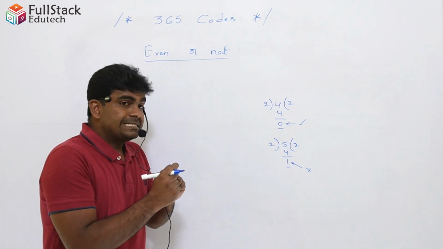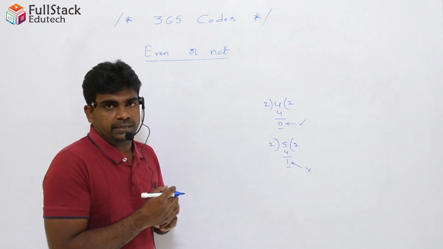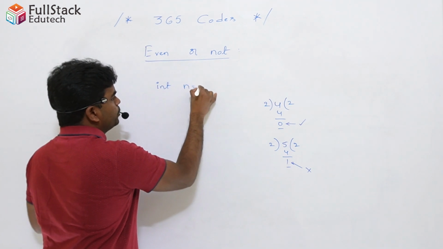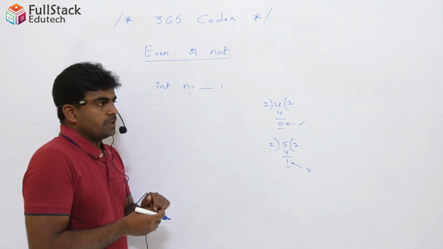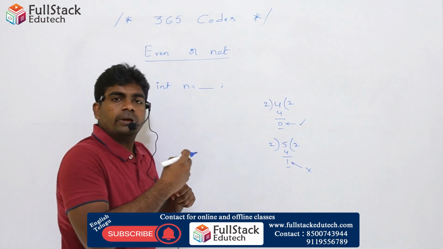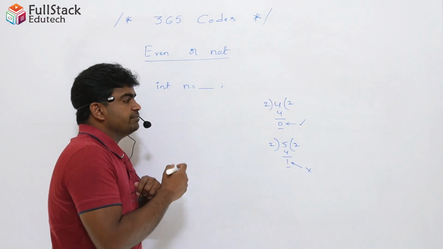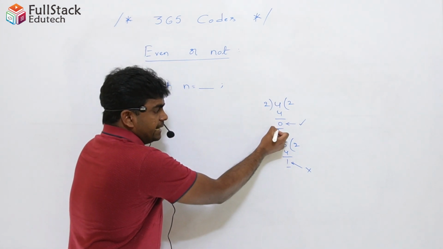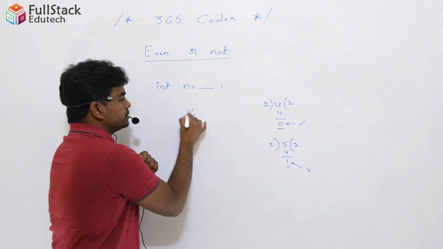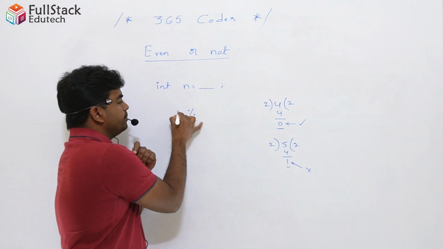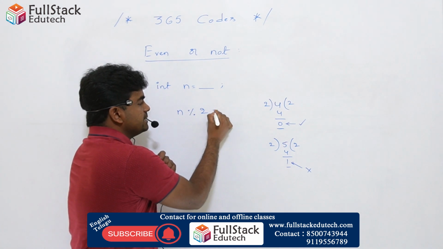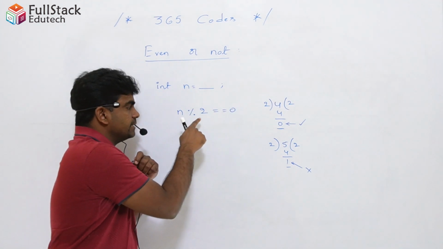So, the logic is based on the remainder operator. I'm just taking one number. Here, what is the number? You can give any number, either 4 or 5. That logic should be applicable to every number. The condition is based on the remainder, so we have to use the remainder. When you divide the given number by 2, when the remainder is equal to 0, yes, this is an even